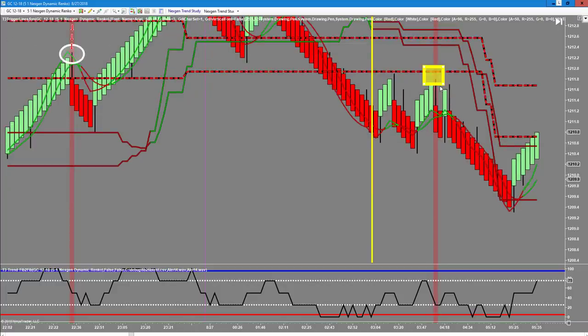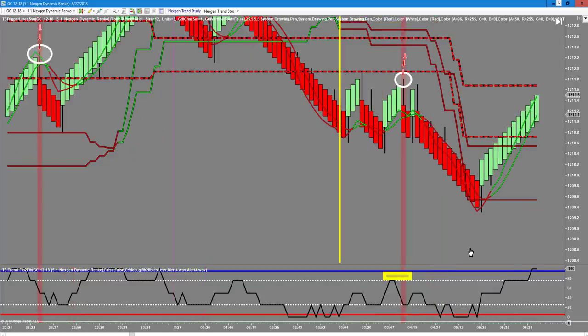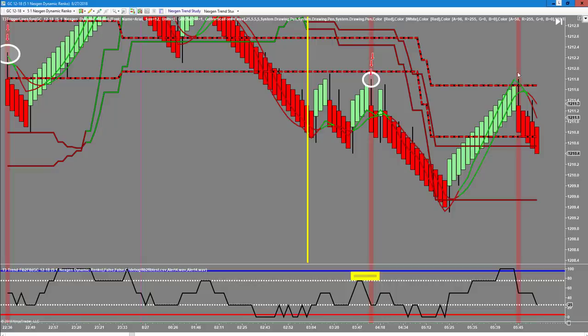Oops, I meant to draw a circle. Valid trade, guys. Everything is going down. The fib to fib oscillator had gotten to the 75. That's a trend trade short. Now, let's see if we get any more. Another valid trend trade short for us